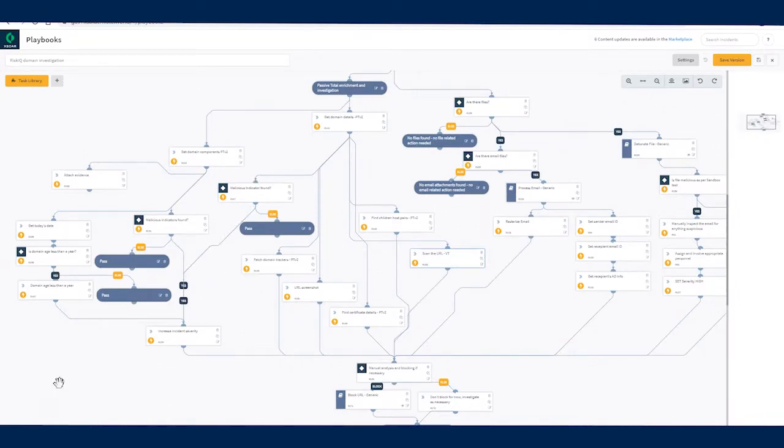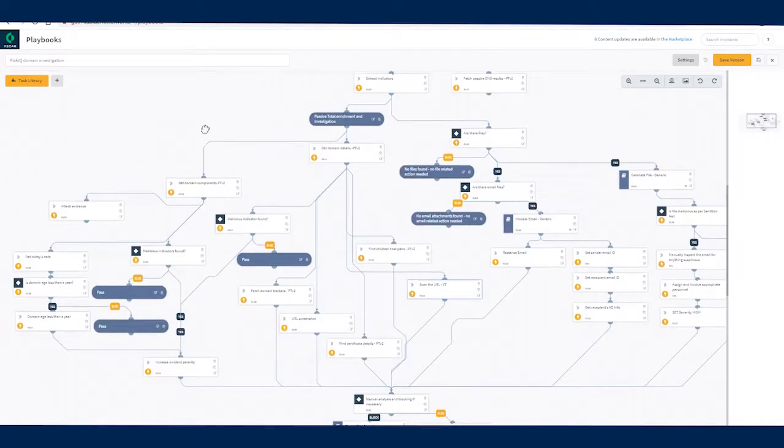This is my playbook for this example. On a high level, this playbook does the following tasks. It collects a lot of information that we showed on the portal from PassiveTotal. For example, it gets the domain details, domain components, it fetches the domain trackers and subdomains, takes screenshots. It also takes domain children host pairs, and it also finds certificate details.